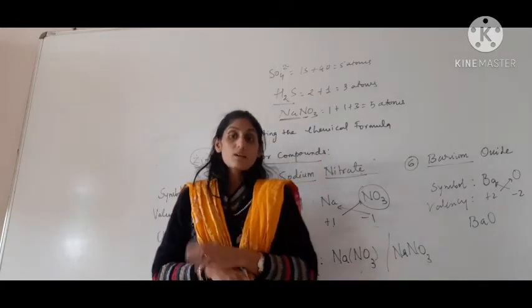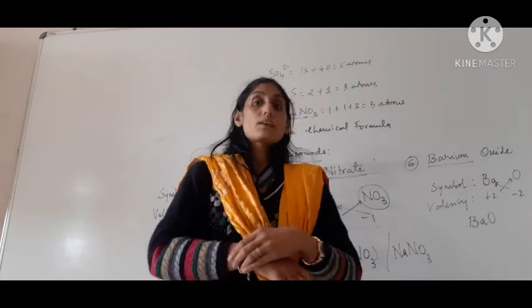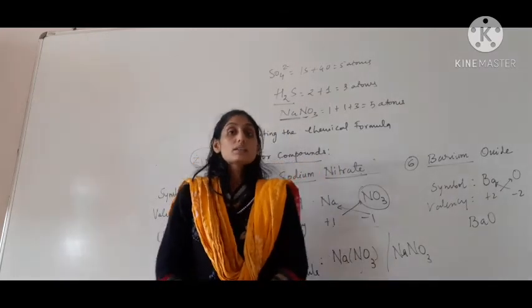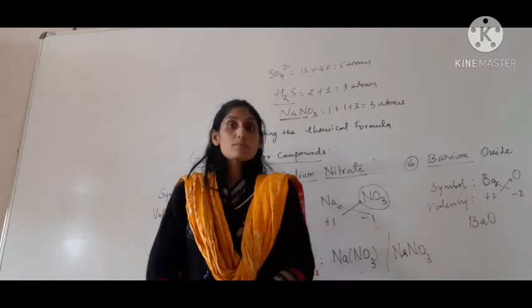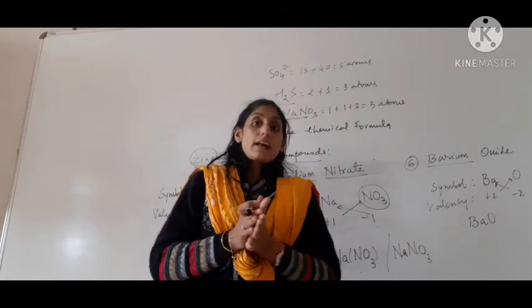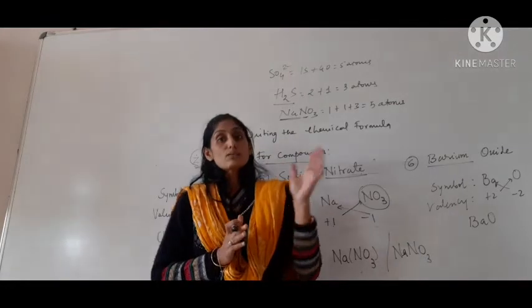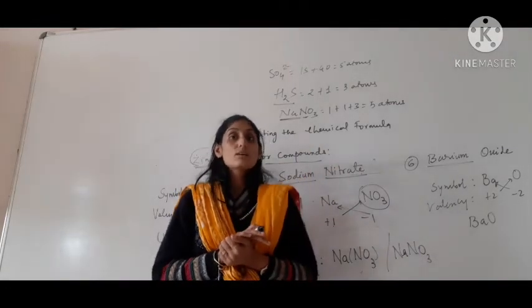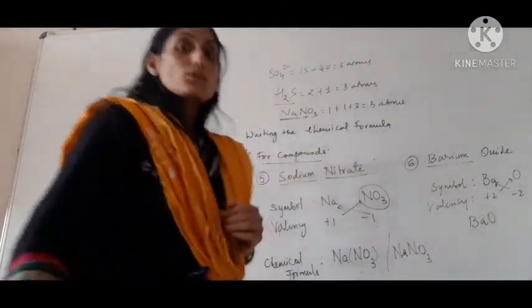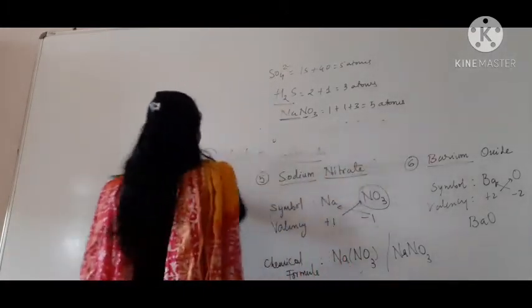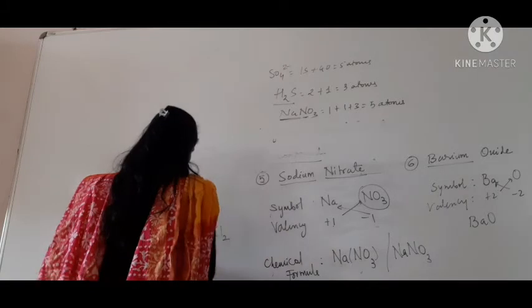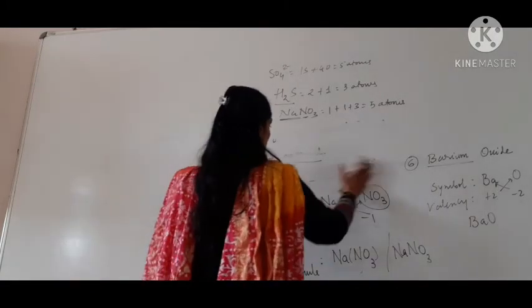formula unit mass. When we have to find out the formula unit mass or molecular mass, they are related to the number of atoms present, and the number of atoms are multiplied by their atomic mass. So the total number of atoms in the molecule is very much required. After finishing writing the chemical formula, the very next topic for us is